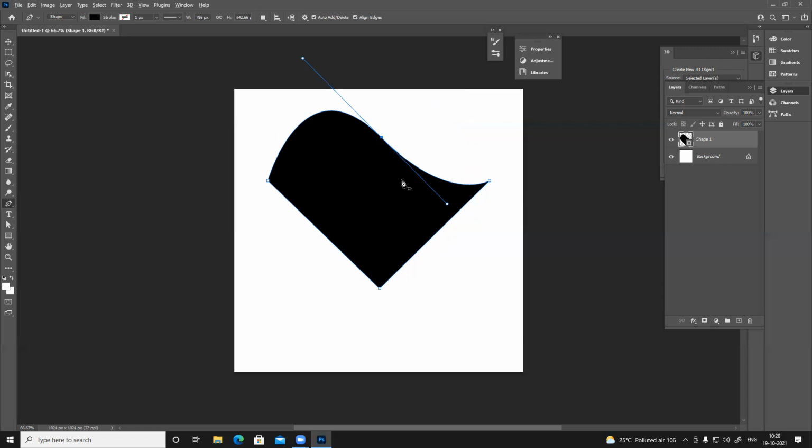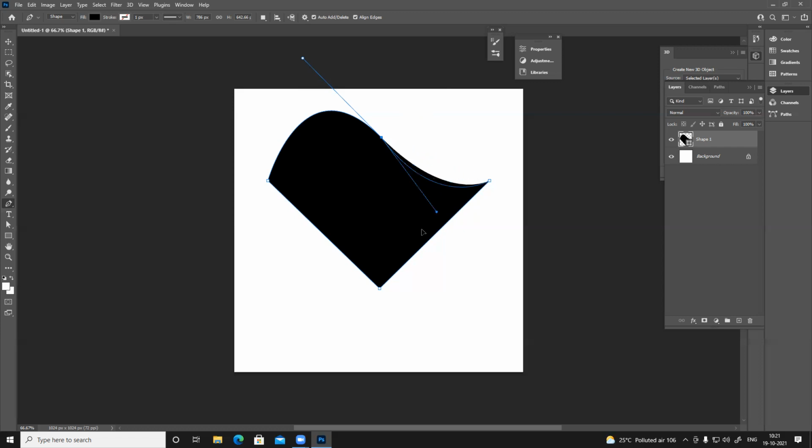This time hold Alt. You see the cursor change again. Click. It will convert that corner into a point. And if you want to only remove this side, control this. Why is it not moving?